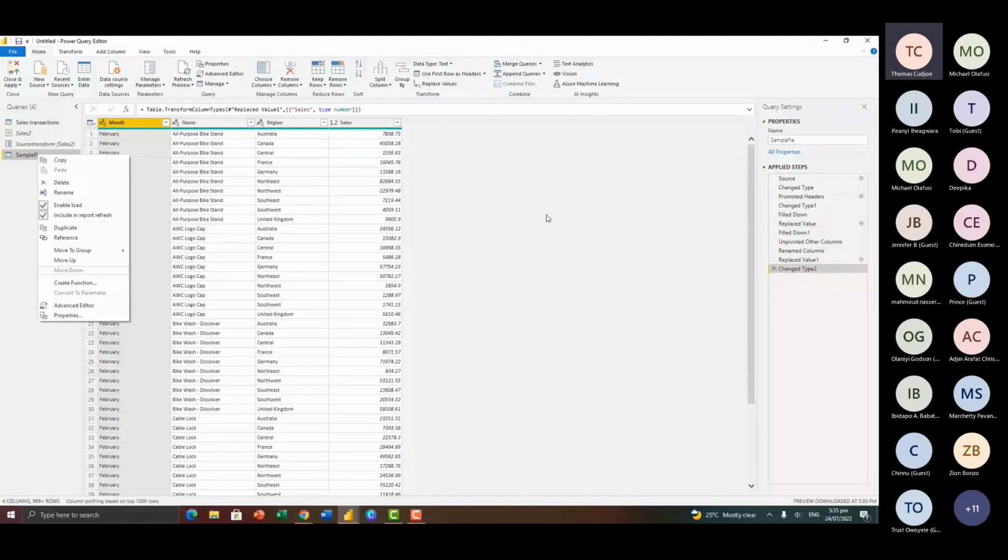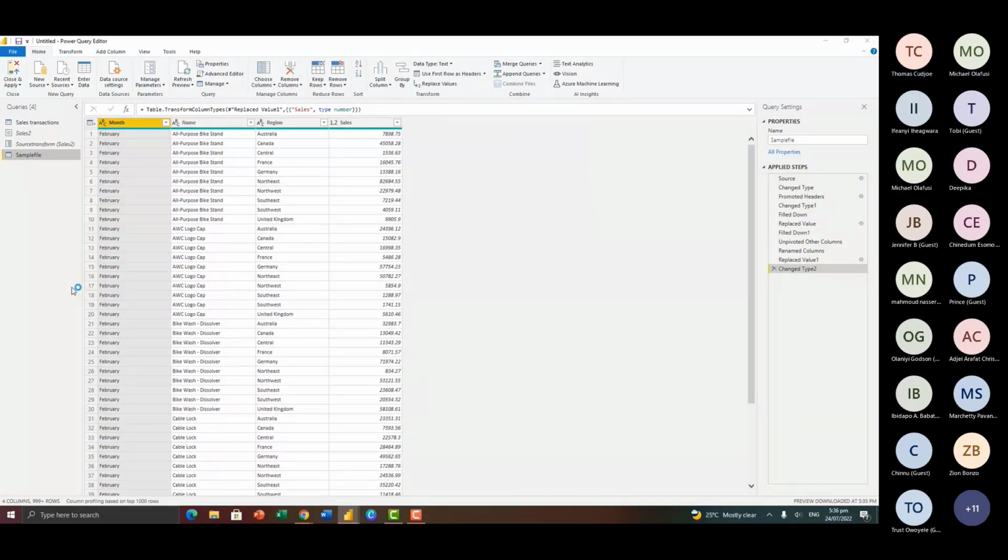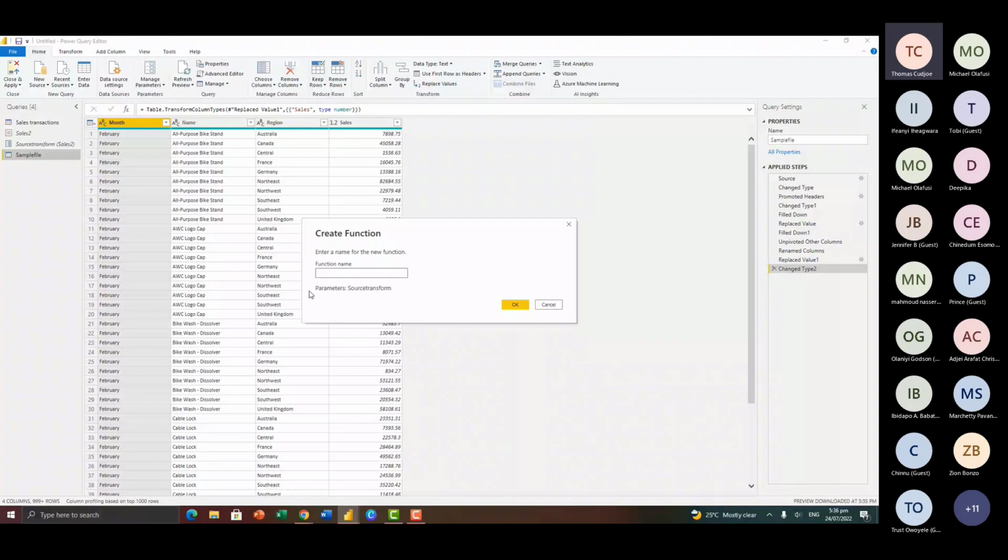And here we need to provide a function name. But you notice something here, parameters, and here it is using the source transform parameter that we have here. So here we can give it a function name. Let's say transform CSV, and click OK.